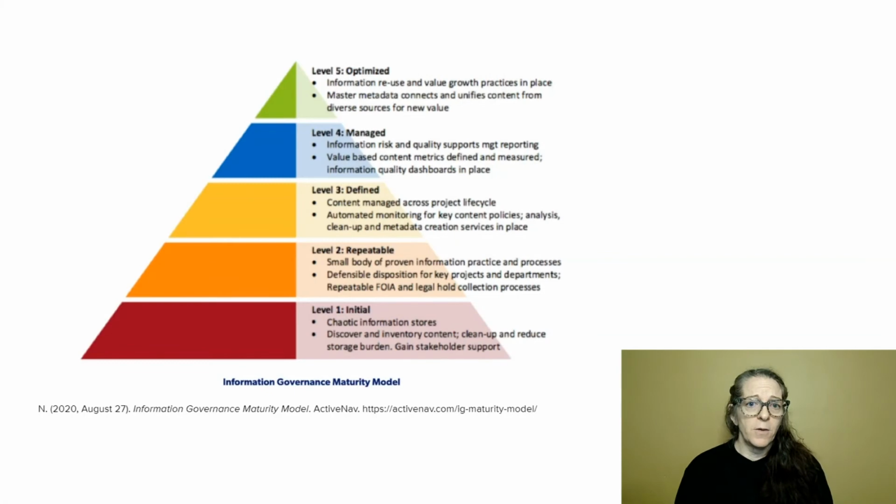So the first model that we're looking at is one that was created for information governance. This is a very typical maturity model, has 5 levels from initial to optimized. It's in a pyramid shape, and I almost think of Maslow's pyramid, where you have the base needs and then you go towards the top, towards optimizing. And in each, you can see there's a description of the maturity levels for the organization.